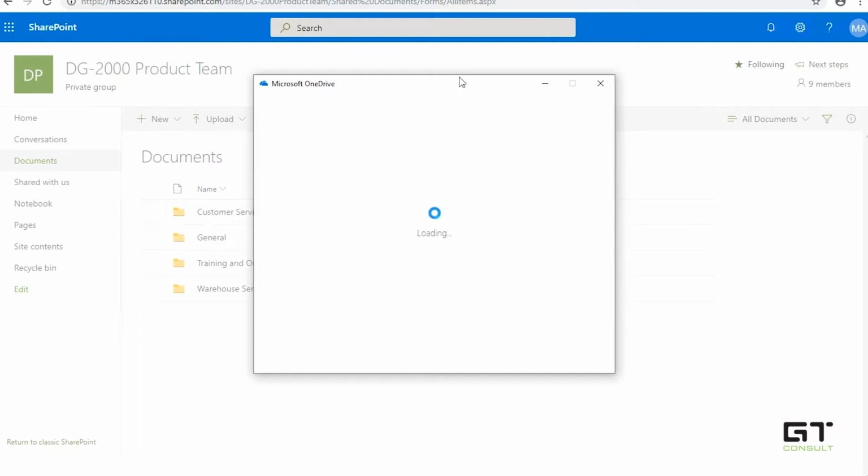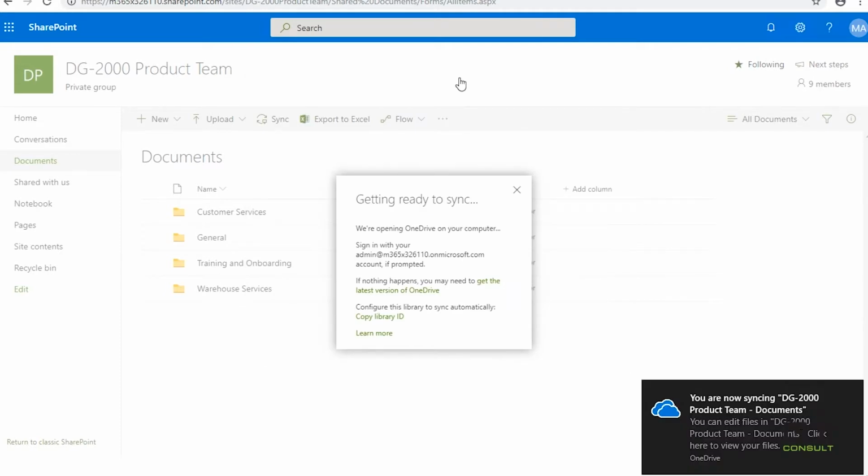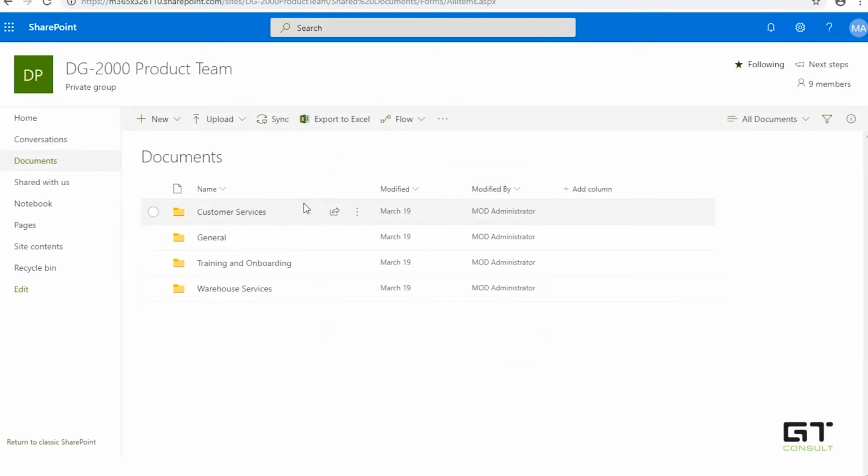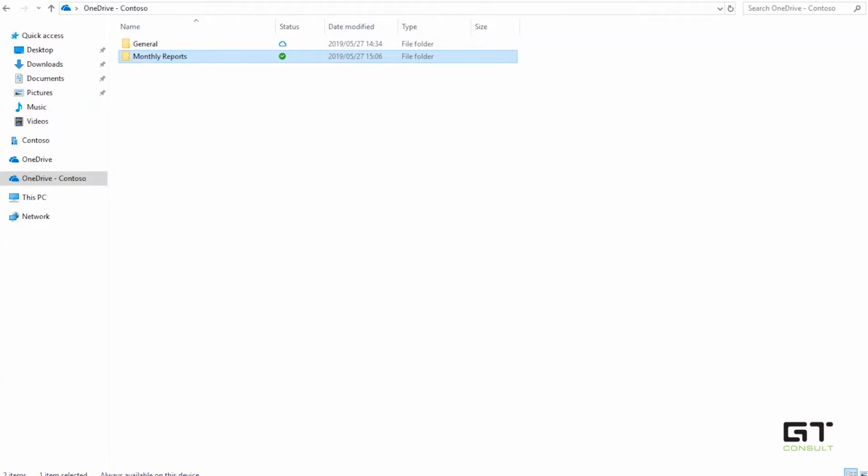OneDrive is going to open up and it may ask you to log in or re-sign in with your Office 365 account. You can see we get a notification on the bottom right hand corner that we're now syncing this document library, and we can close it and we can keep working within SharePoint. But now on the Windows side, if we open up Windows Explorer,